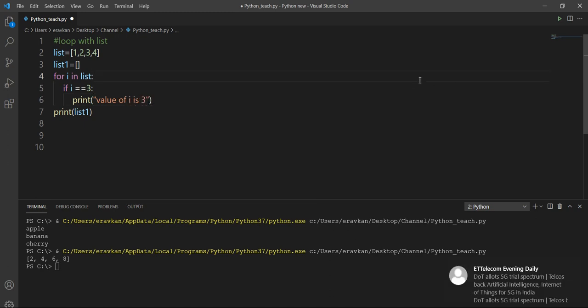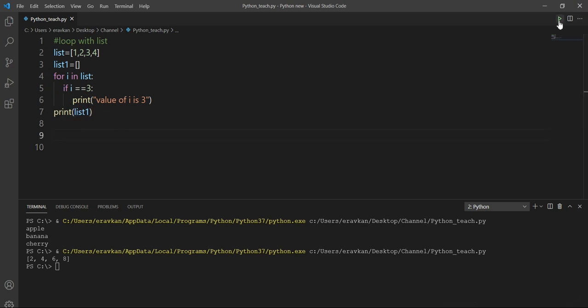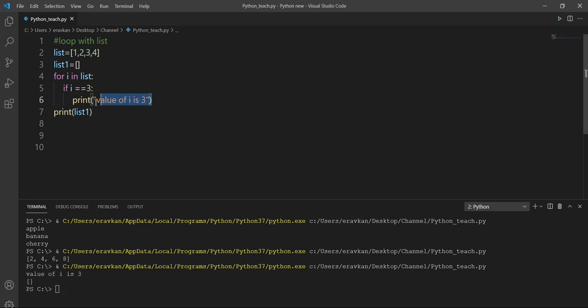I can do this thing also. Okay, let me run it. So value of i is 3. This is blank because I have not appended the value in the list. So one by one you can go through the elements of a list by using a for loop and you can perform any operation. Okay, then you can have nested for loops in the list also.